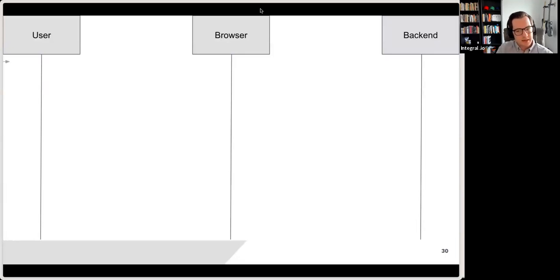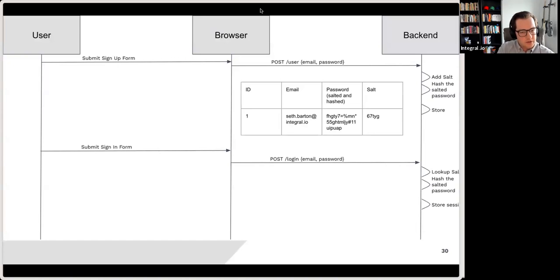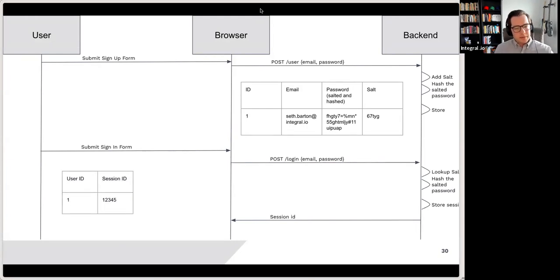So in session-based authentication, it's essentially the same. This is mostly the same diagram, but what I wanted to show is that now, once the user logs in, we're going to keep track of some state. We're going to keep track of state on the back end, and we're going to have that state be reflected in the browser. And so what happens is that the backend service, when the user logs in, generates a session